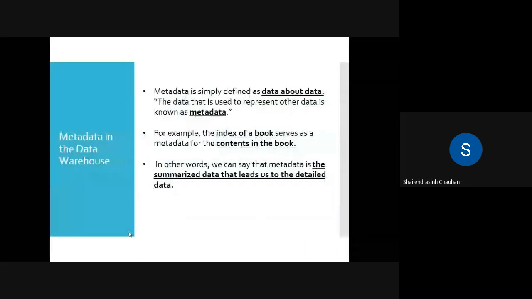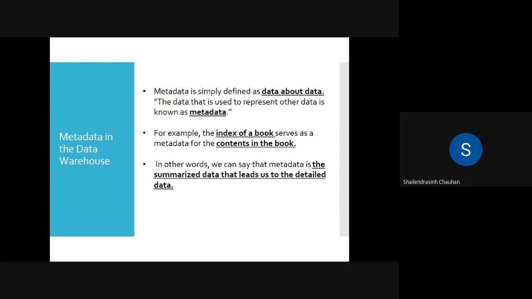Now about metadata. We all know the basic definition of metadata, that is data about data. So what is metadata with respect to a data warehouse? Take a simple example of a book. You can have an index, and from the index you get page numbers and topics or chapter names. Let us say chapter number 4 is available at page number 89. A few subtopics will also be there, and you can have the page numbers of those subtopics inside the index.